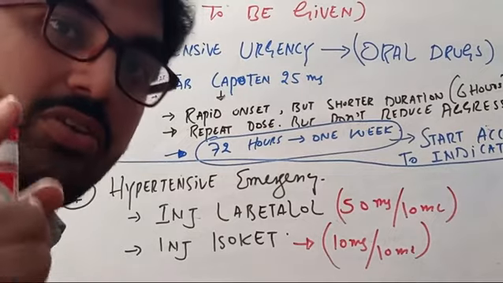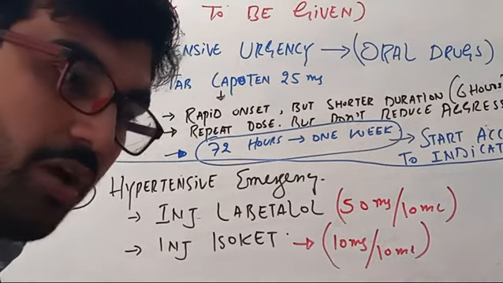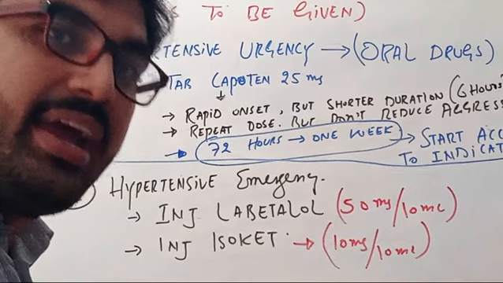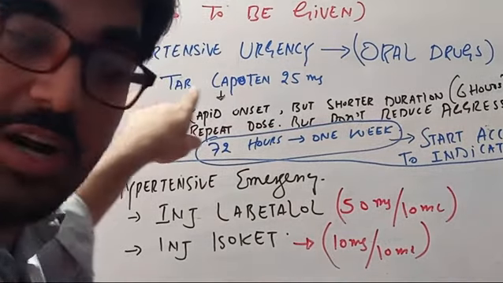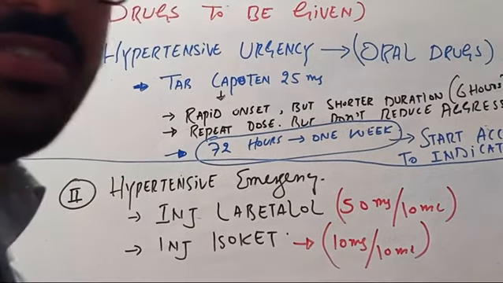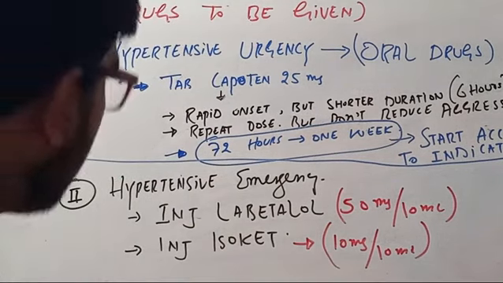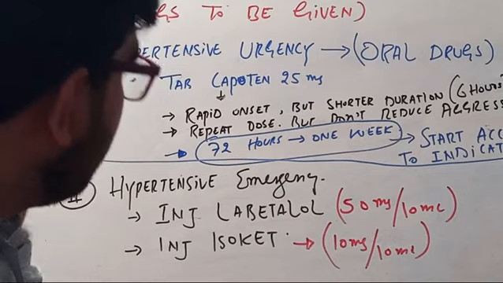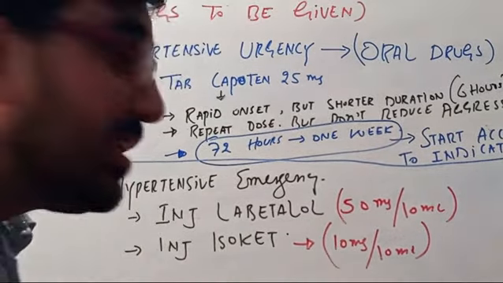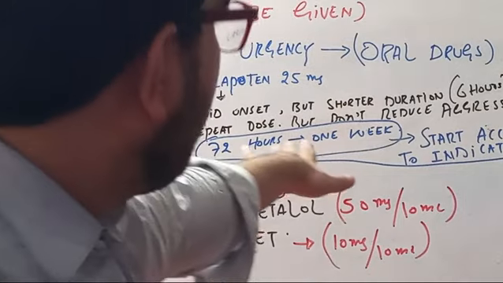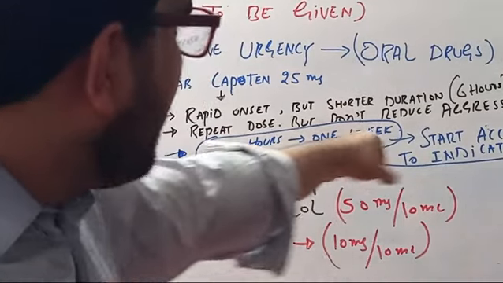But you are not supposed to bring that reading to 120 by 80 or 130 by 80. That has more side effects. But if the blood pressure is very high, for example 220 by 120, yes, you can give the drug to reduce blood pressure a little in the emergency department,